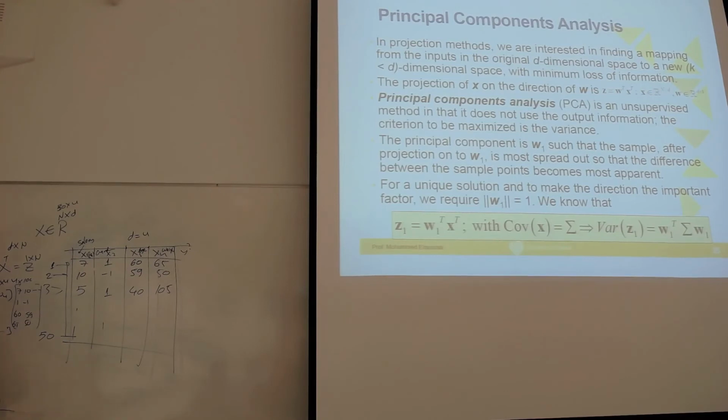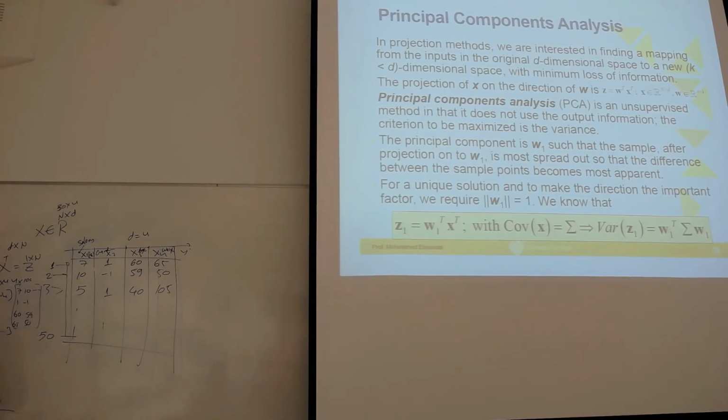So this is the projection. Every dimension, all 4 dimensions, are projected to only one number, by using this projection W1. Now, if I make the projection again with W2, then I will have another Z1.